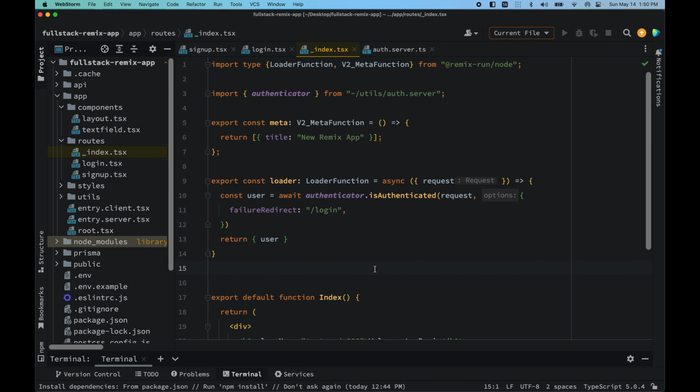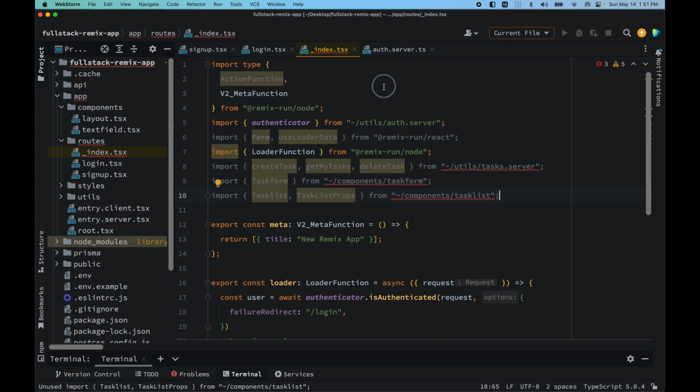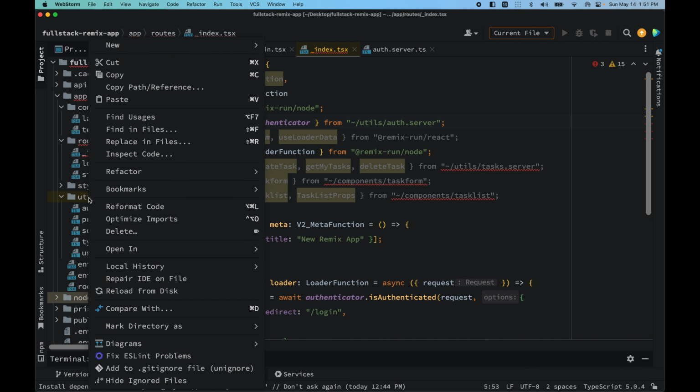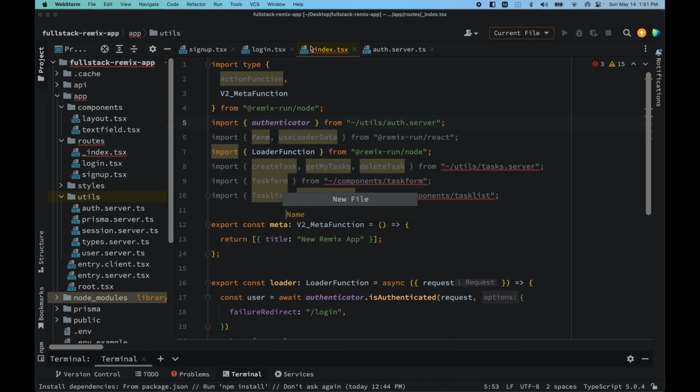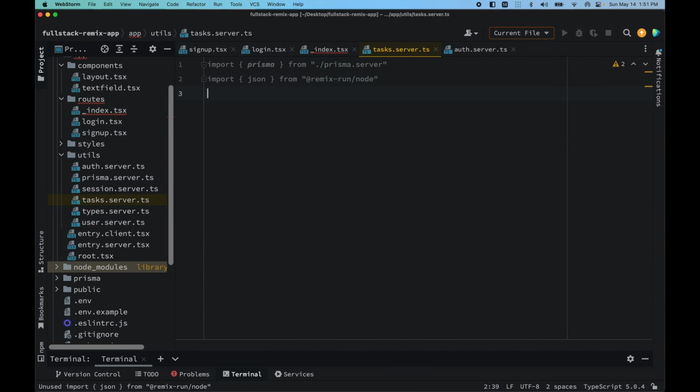So we have a lot to cover inside of our home route, which is the root route. So inside here, what I want to do is import a couple of imports that we need. So these are all the imports that we need, and I've written it already for you guys. And we really haven't created this particular file, which is the task.server file. So inside of our utils, we want to create that particular file and call it task.server.ts. And inside here, we want to import Prisma and also json from Remix.run node, and also import